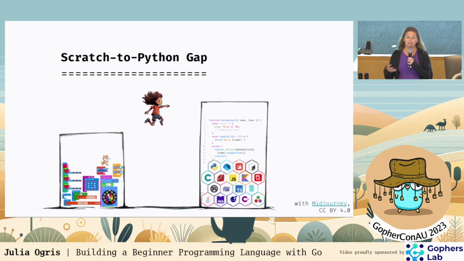However, there is a certain limitation to these sort of virtual puzzle pieces that you snap together. And it's not so much the language itself, in my opinion, it's more the user interface. After a certain size, it becomes a little bit messy and unwieldy. You don't find your way around. Or, in the words of my older daughter, I don't want to do these babyish puzzle pieces anymore. I want to do the real code.